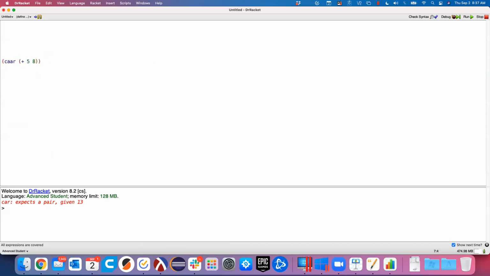So I actually need to do the car of the car. No. Yeah, no, let's think about this, because this is being applied to a list. The answer, okay, so what I said is correct. The car of this list is the lambda, that is the built-in plus sign. So if I just say plus here,